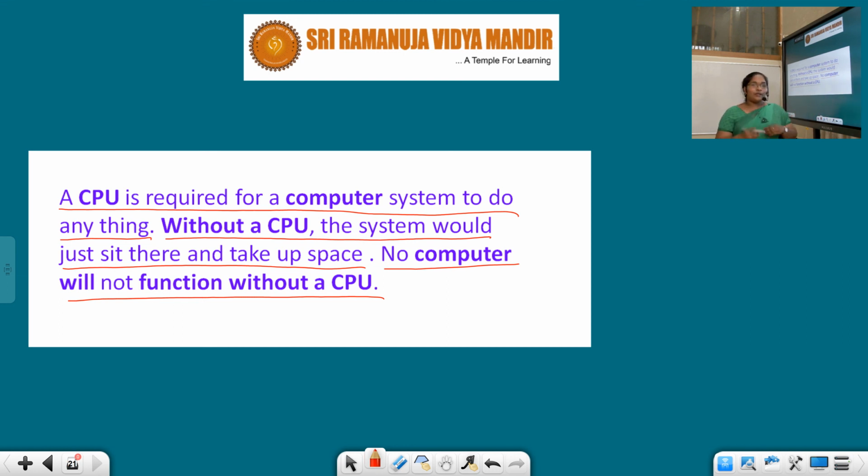At last, I am giving clarity that without a CPU, no computer will work and no operations will be done on a computer. So make a note, children, that without a CPU, no process will be done, and no storage, no output will be displayed. It would be like just giving an input, that's it. You will not get the output and the process will not be done.